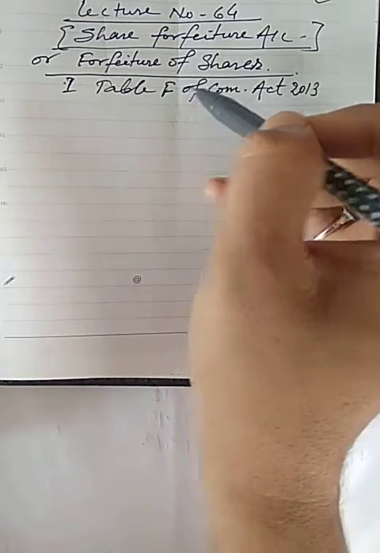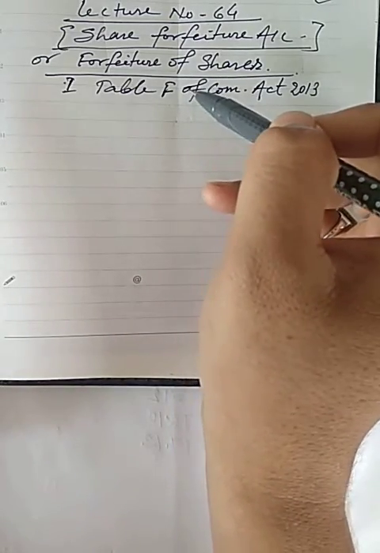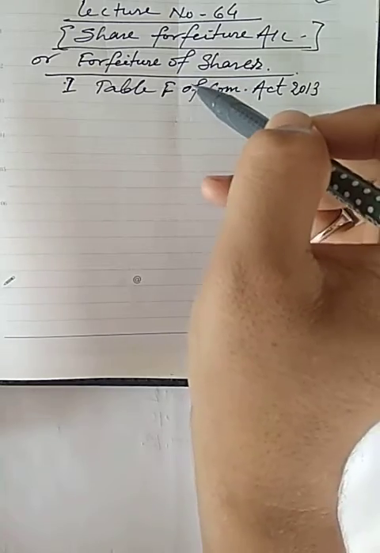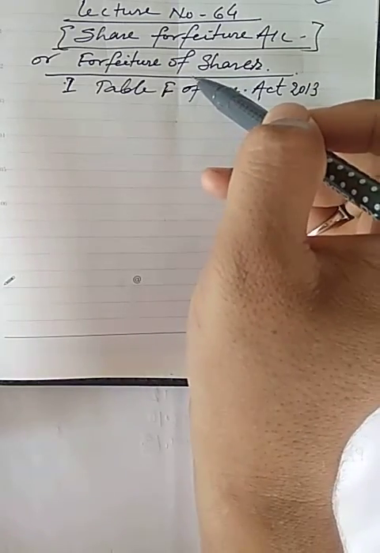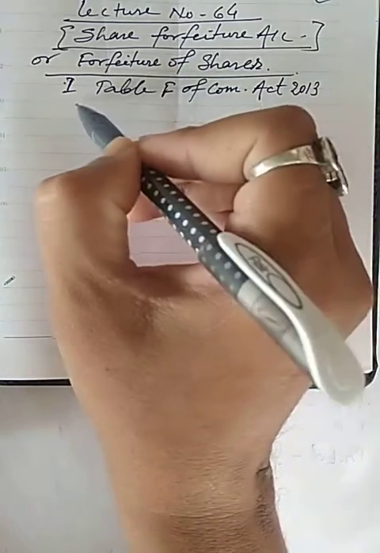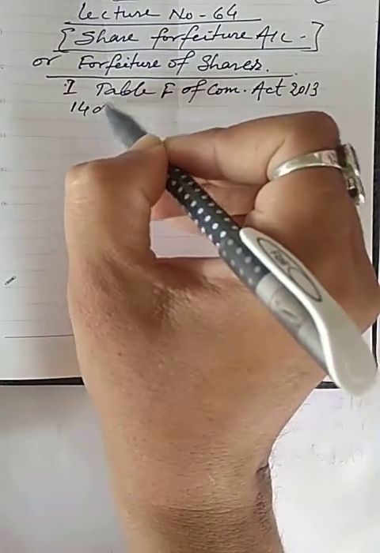The usual procedure is that the defaulting shareholder must be given a minimum of 14 days